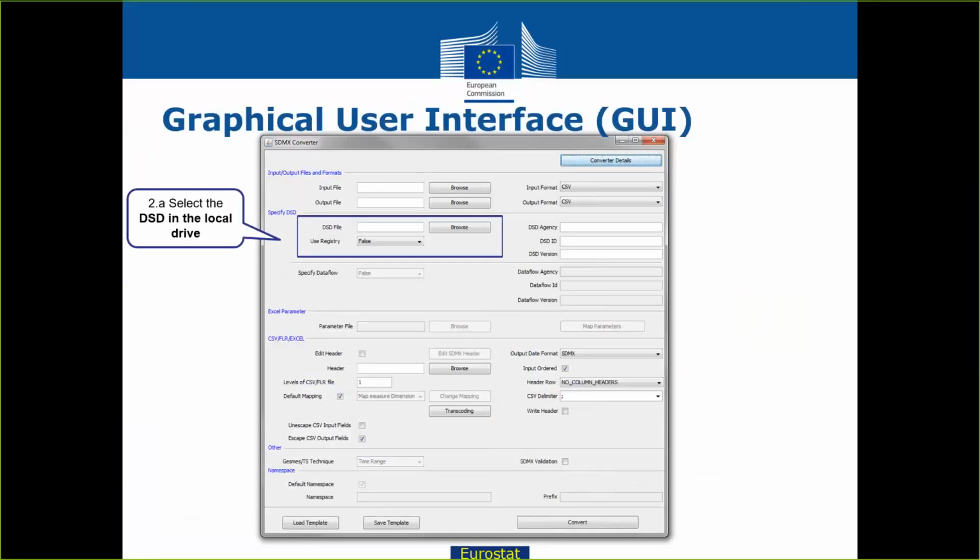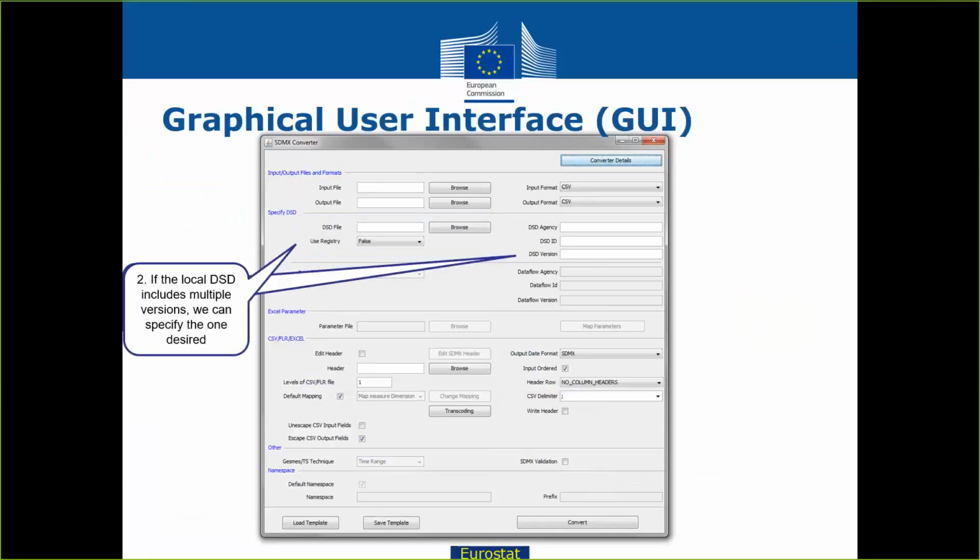We mentioned that there are two ways. Option A is that we have the DSD saved in our local install. If we have it locally available, then we can just browse and select it. If we are to use the registry, we need to link our converter to the registry. If that is the case, we will have to provide it like any other artifact. A DSD is a major artifact within the SDMX initiative because it's the one that models data, but any other artifact